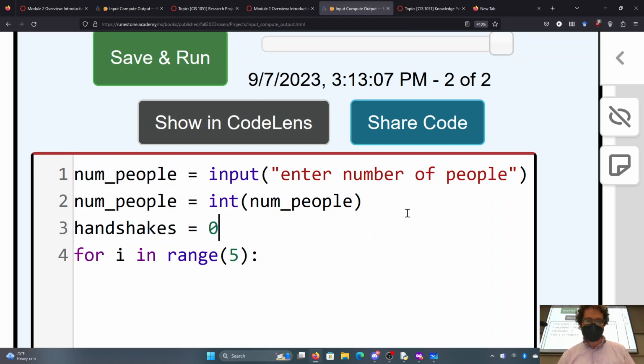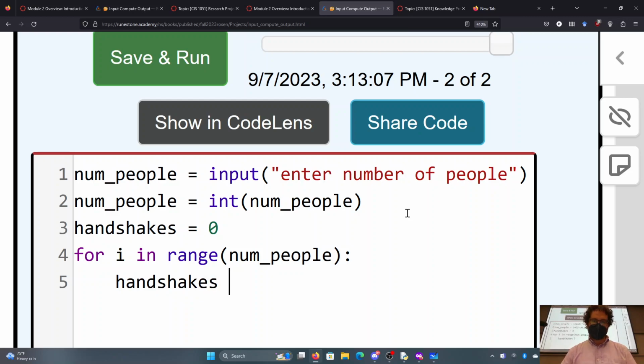Handshakes is equal to, so this is a common pattern we'll see called the accumulator. I'm not going to do 5 there. Instead, I should do num people, and I'll put in 5 instead. For i in range num people, let's see, 0. So if I put in 2, that's going to be 1. Yep, that's what I want. Handshakes is equal to handshakes